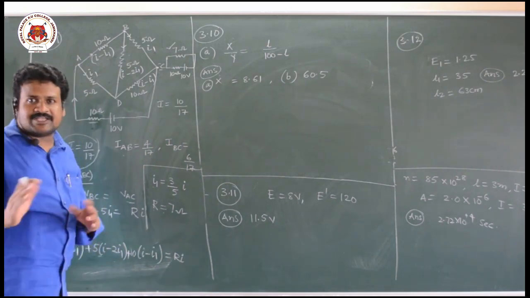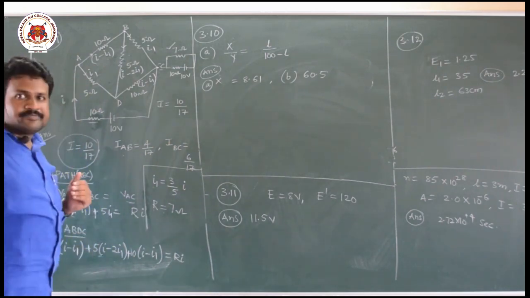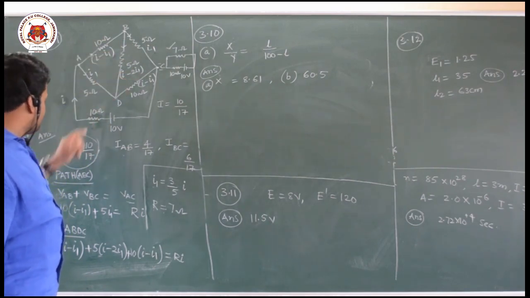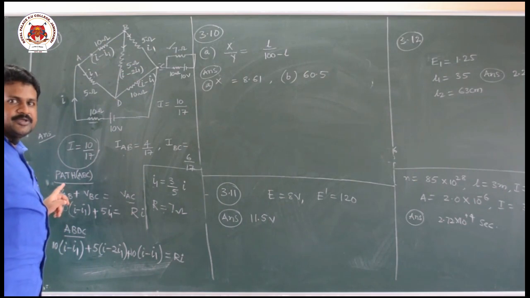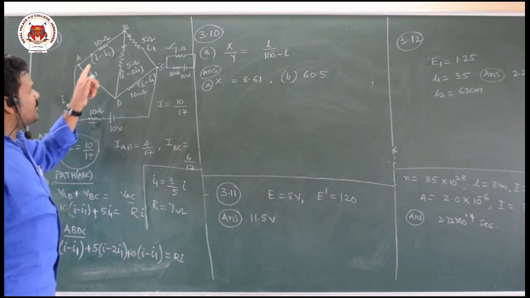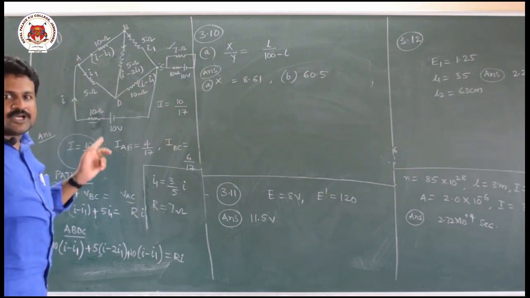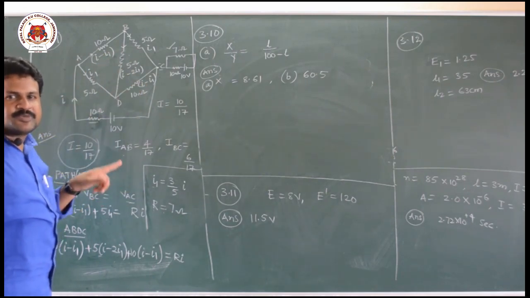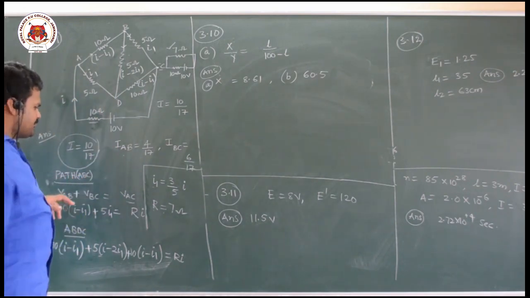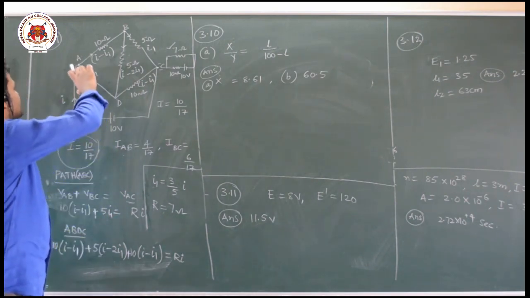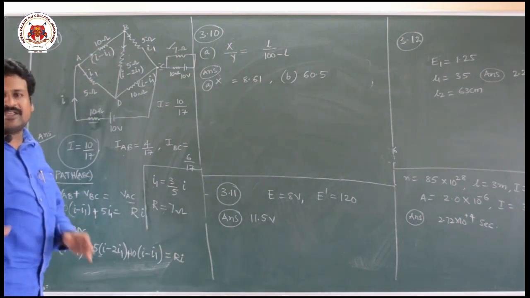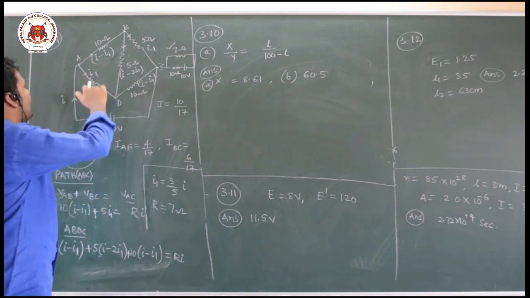So while you are writing in the exam, what do you have to write? First you have to write what is given, the resistances, and you can write one sentence here: as electric force is a conservative force, work done in every path, whatever path is followed, always depends upon the initial point and final point. So I am choosing a path ABC, and the current distribution you can see: this is current I minus I1, I1, I minus 2 I1.